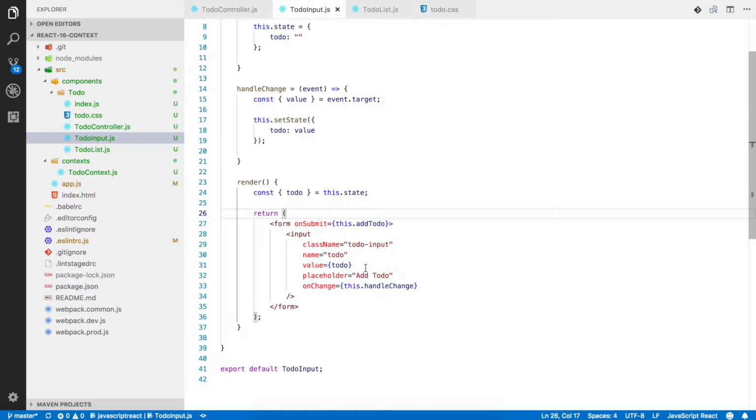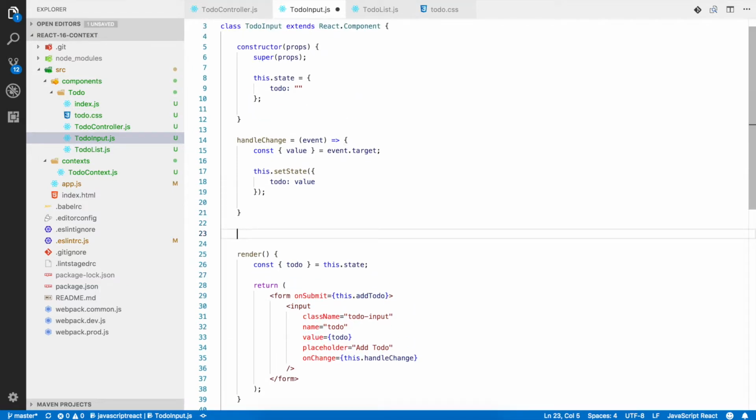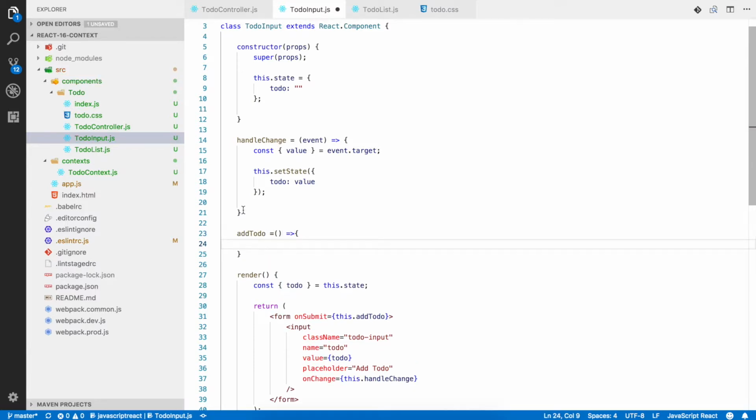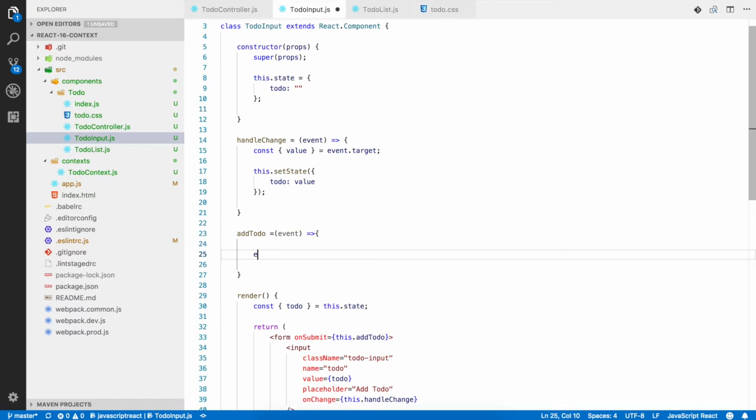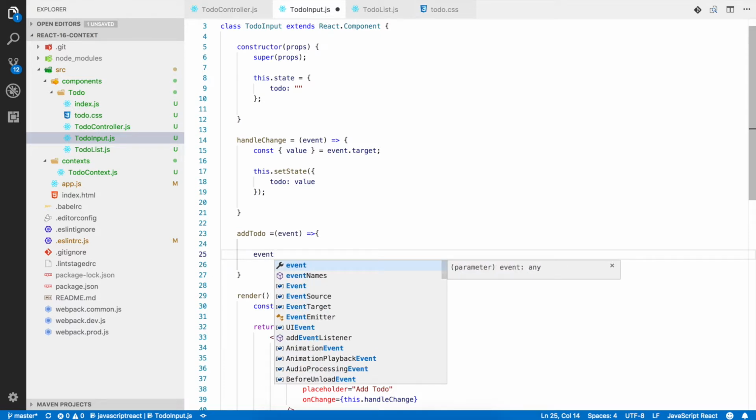Basically, the way a form works is that in any input, if you press enter, it just submits the form. So that's just the default behavior of a form. I can again go for an arrow function based handler. And the first thing I have to do is disable the default behavior